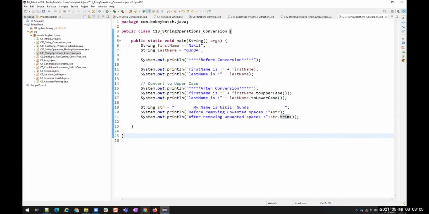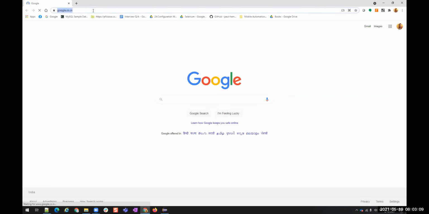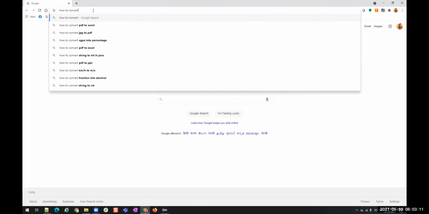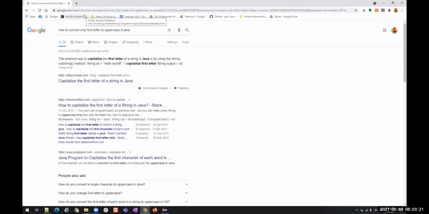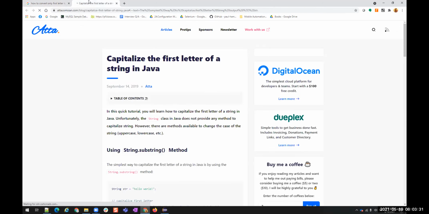Okay, let's see if we have any method to convert only the first letter to uppercase in Java. In SQL, we have InitCap, right? We give InitCap to the first letter, but this is not there in Java.